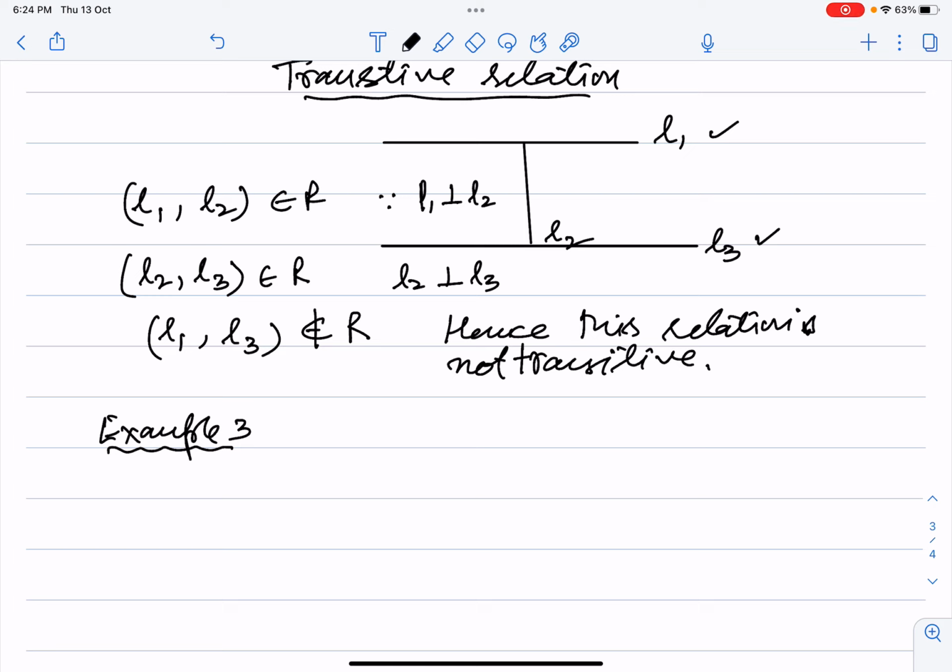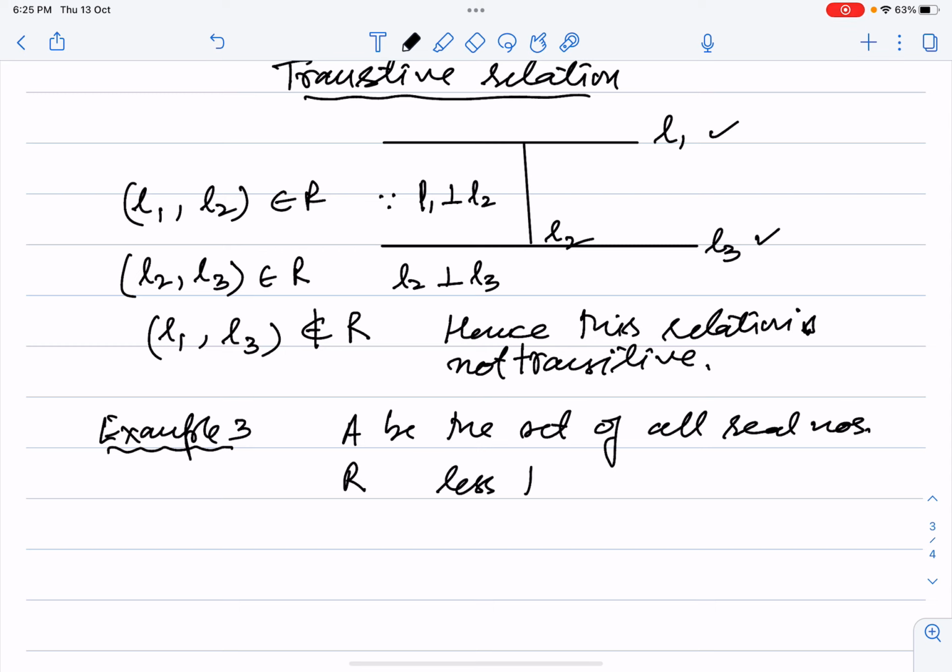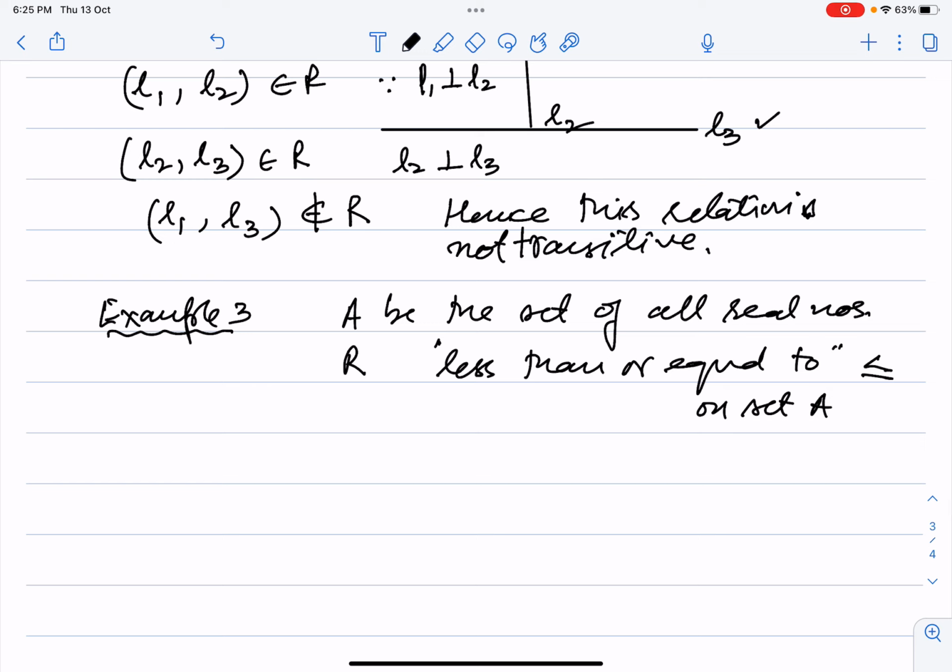Now suppose I take another example, and I take A to be the set of all real numbers, and let me define R as the relation less than or equal to. This can be depicted like this: less than or equal to on set A. So whether it is reflexive,